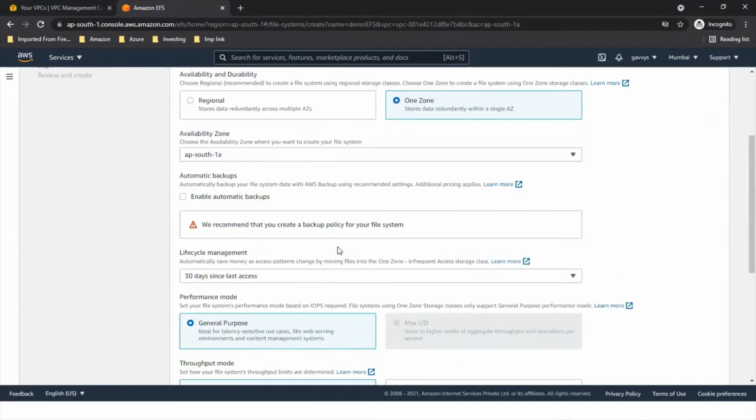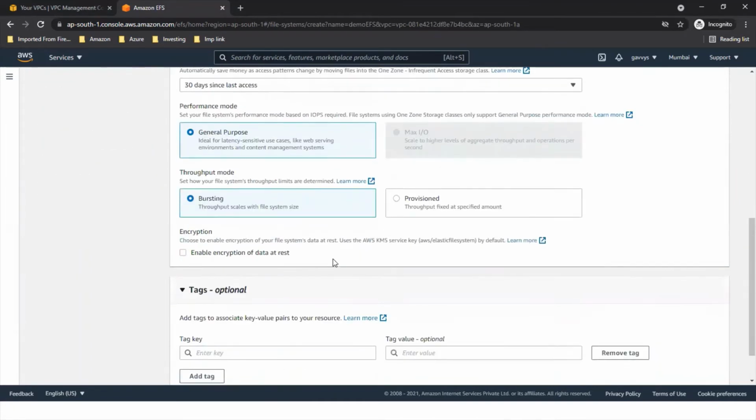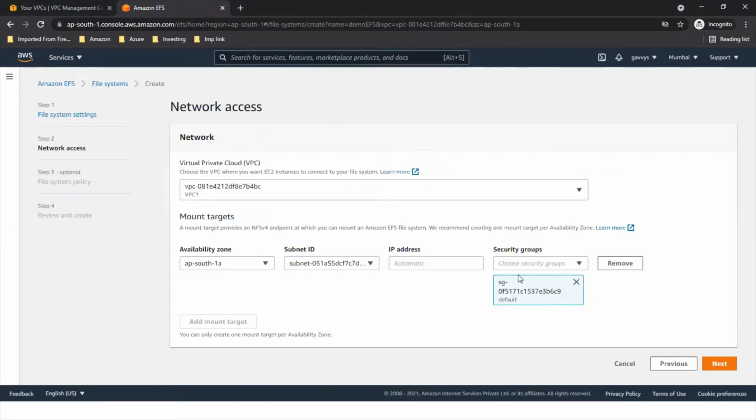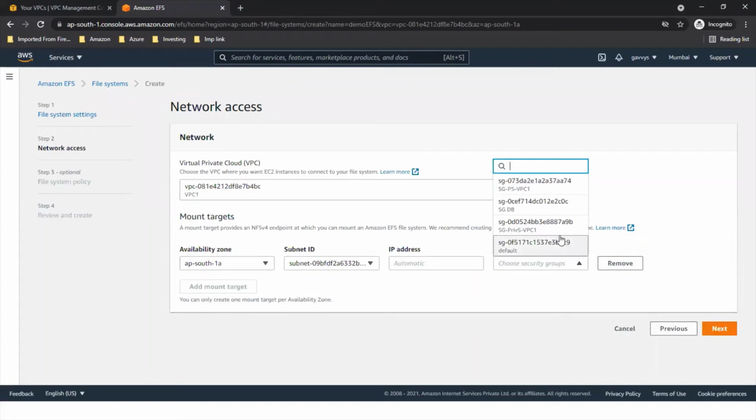These are the settings that we can change, but let's keep the defaults for demo purposes. Next is network. For availability zone 1, the subnet we are going to use is public, sorry, not private, and for security group, let's select our public